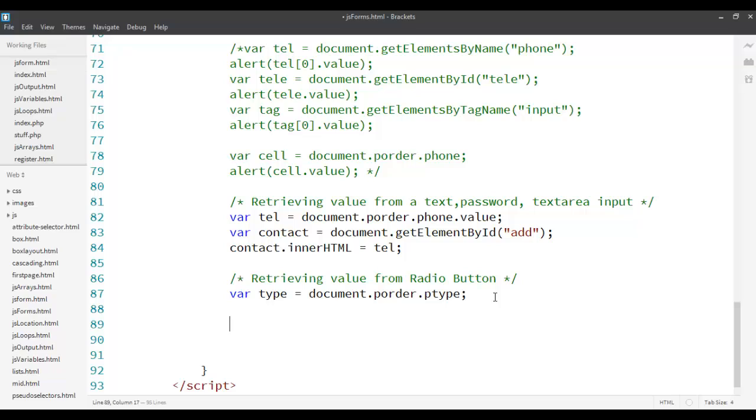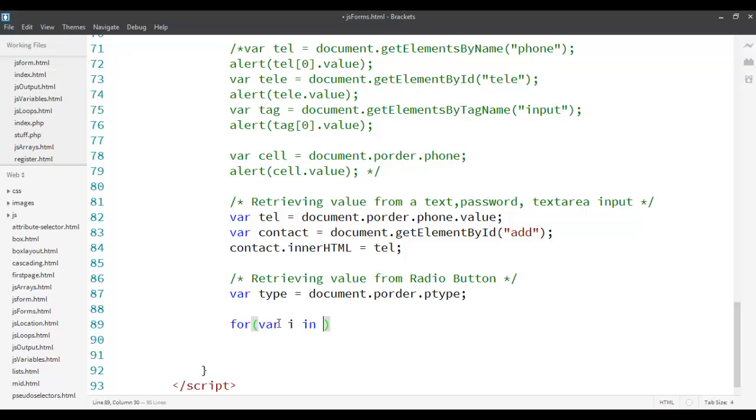To get that, what we need to do is use our knowledge about loops. Since over here, when I say dot p type, it will store everything. It will store all of them over here, all information about that p type in type. Now type becomes an array because it has multiple items of that type. Now what I need to do over here is I need to use a loop for